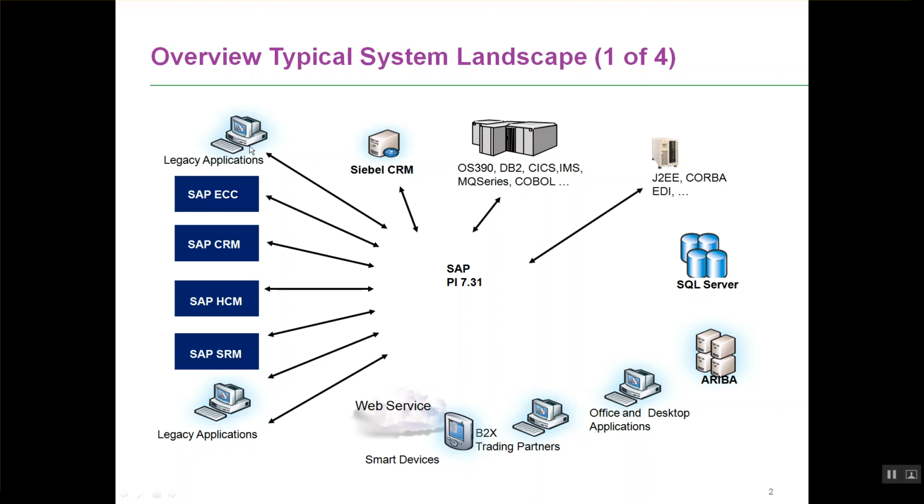You would have multiple legacy applications. This could be a mainframe application. This could just be a third-party Windows application running somewhere. You could have not only an SAP CRM, you could have a Siebel CRM, you could have a cloud CRM like Salesforce.com. You would have multiple databases, messaging services. You can have third-party J2EE applications running, CORBA applications. You can have databases, SQL Server databases. You can have supplier network collaboration.